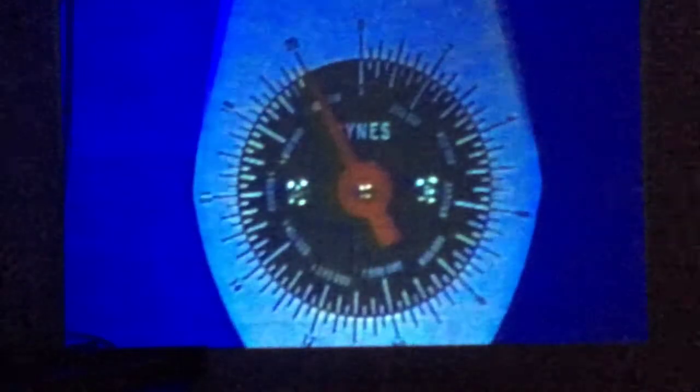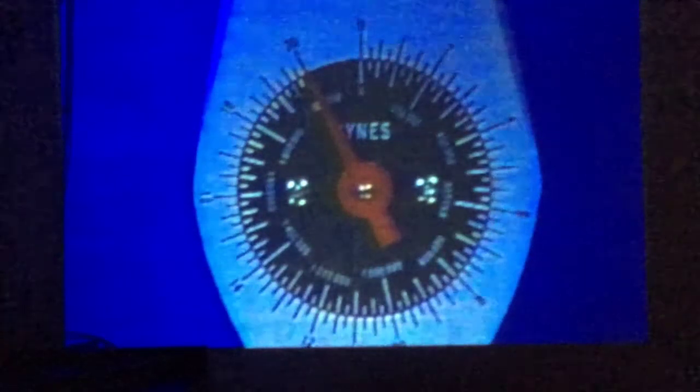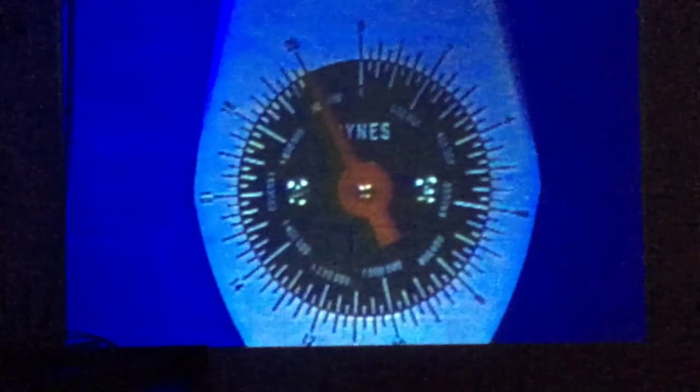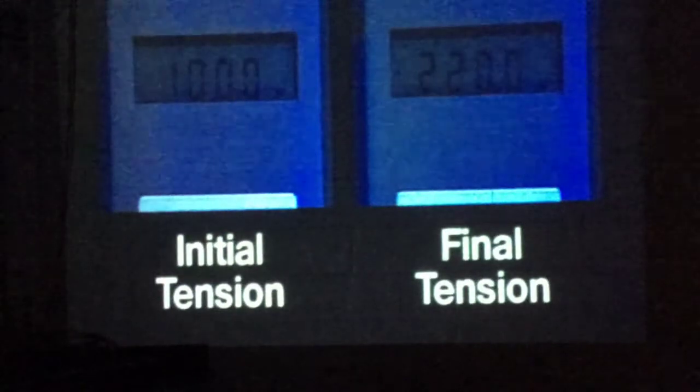Next, an upward force is applied at the midpoint of the cable. The magnitude of the upward force is 20 newtons. In what may come as a surprise, the digital force gauge shows that the cable tension has greatly increased to a value of 220 newtons. The net outcome is that the applied force of 20 newtons has been amplified sixfold, causing the cable tension to